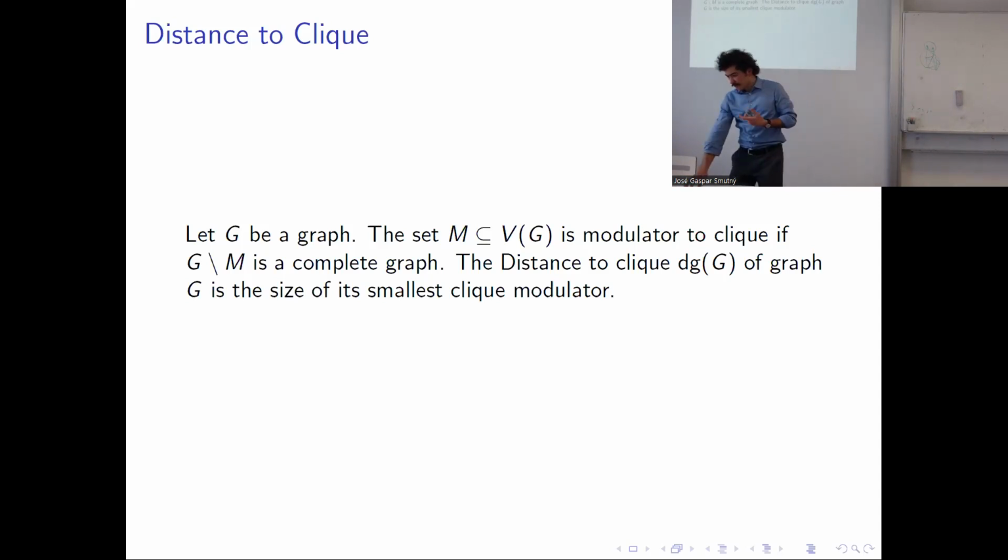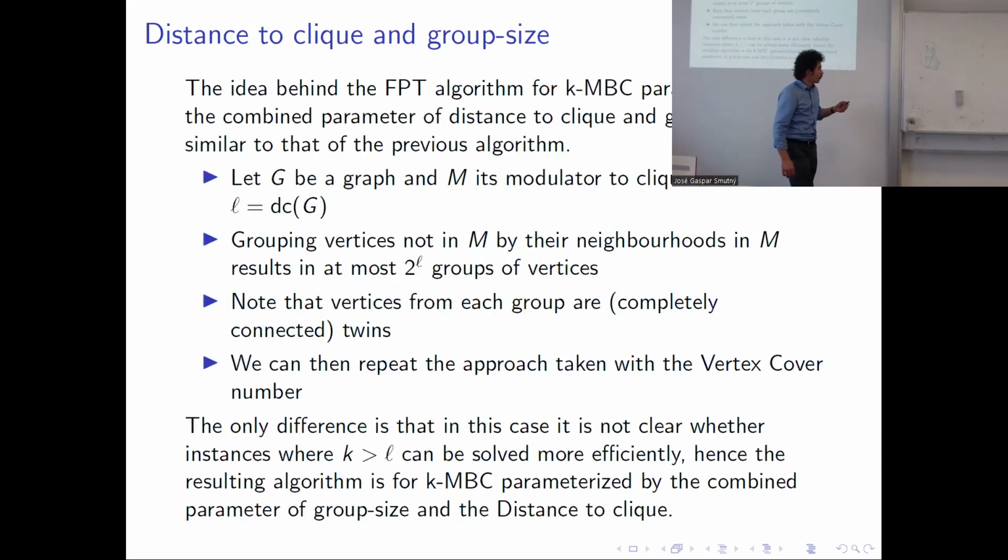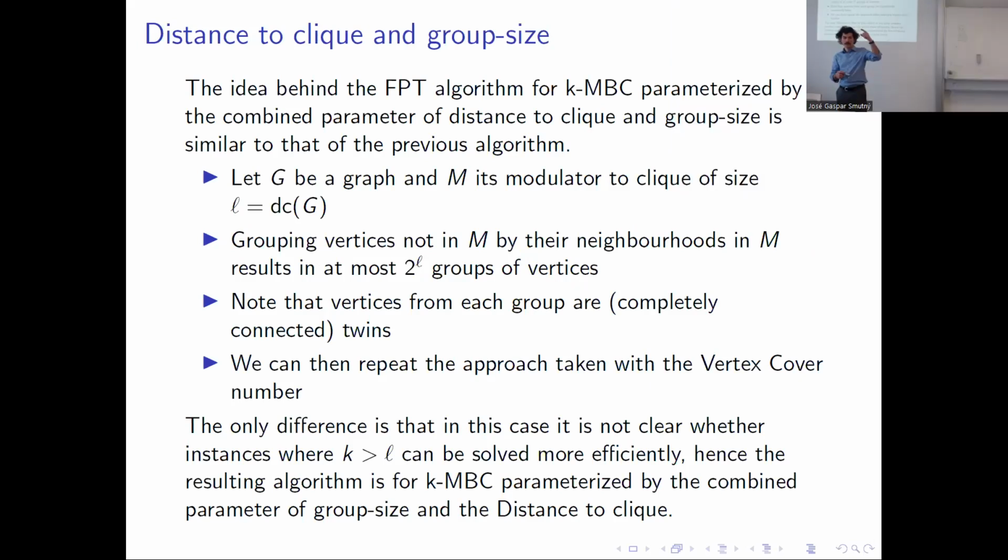So the approach is practically the same. We take all the vertices not in the clique modulator and group them according to their neighborhoods in the modulator to clique. We obtain again some groups of twins. This time they are fully connected. This is not a problem by our definition of the twins exchange lemma. And we can again apply the twins exchange lemma, pick only k vertices from each of these, at most 2 to the distance to clique groups. And we again greatly reduce the number of vertices we need to consider and are left with an FPT